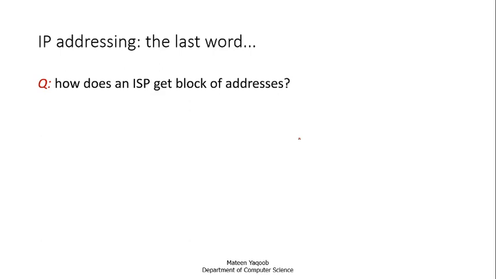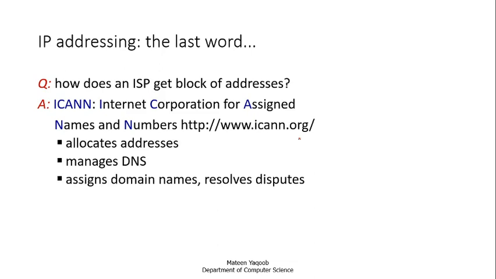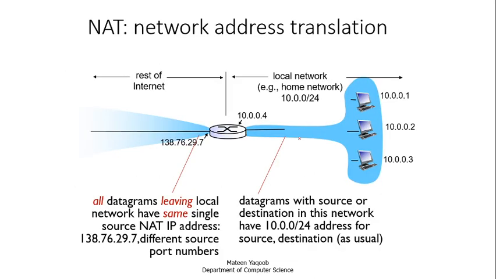So this was to assign each host. And how do the routers or the ISP, the internet service provider, get their IP address? Basically they have a fixed IP address, or we call it a network static IP address. They get their static IP from ICANN, the Internet Corporation for Assigned Names and Numbers. This basically allocates the IP addresses, manages the DNS, assigns domain names, and resolves disputes.